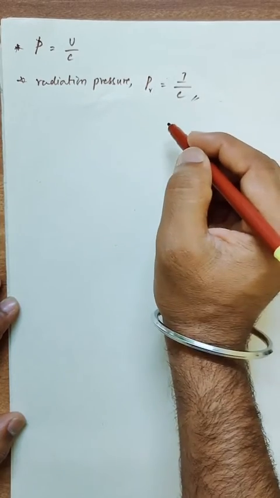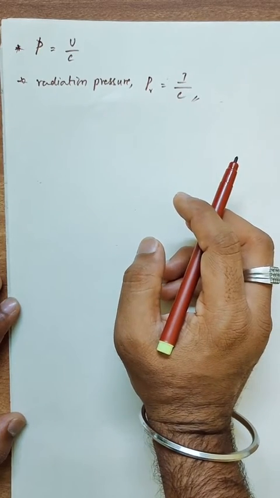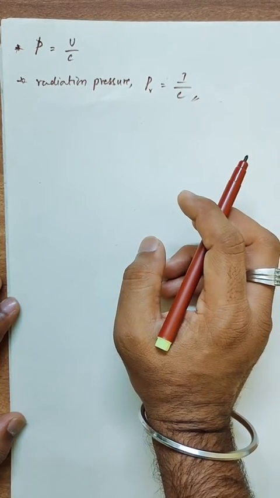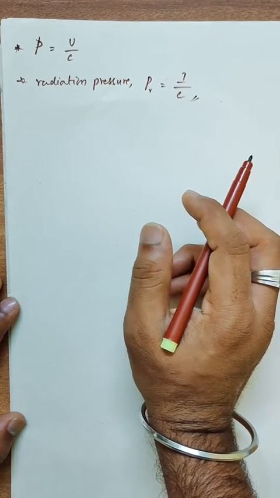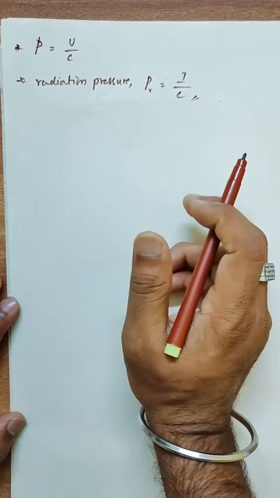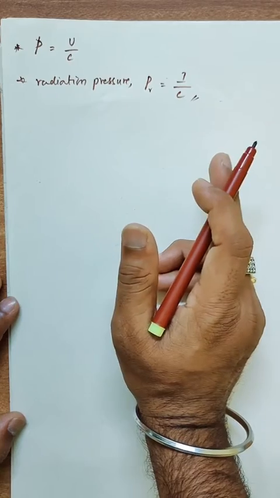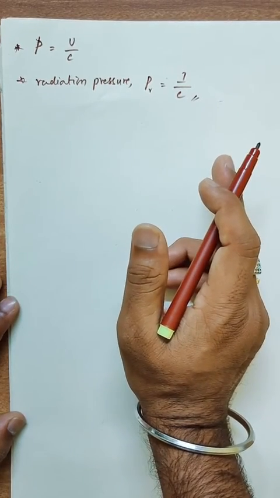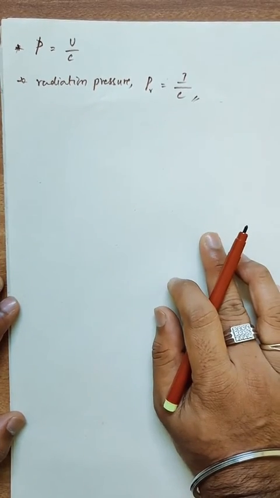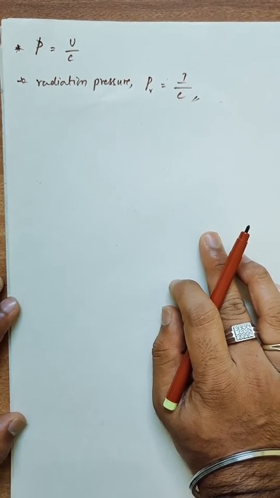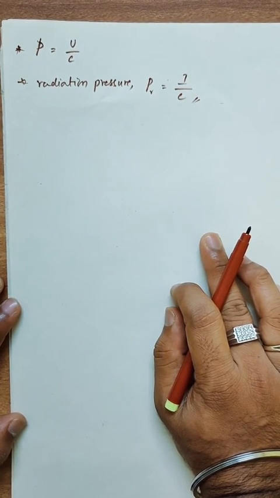Anyway, we know some other properties of individual electromagnetic waves, like radio waves, microwaves, infrared, visible, ultraviolet rays, X-rays, gamma rays, and their uses. All those things you know, and they will be studied in theory also. Using those properties we can also solve some numericals. Next we will solve a few numericals in the next video.